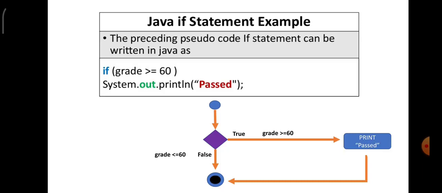The preceding pseudocode if statement can be written in Java as, it's very clearly given, if grade. In the place of grade, whatever marks that you are going to feed in will come. It will look out for a condition. If suppose you give 80 for grade, 80 greater than or equal to 60 will be checked. Is 80 greater than or equal to 60, children? The condition holds good. So it prints passed, and the method that is used is system.out.println. Within double quotes, what you are giving will be printed because that statement is true.